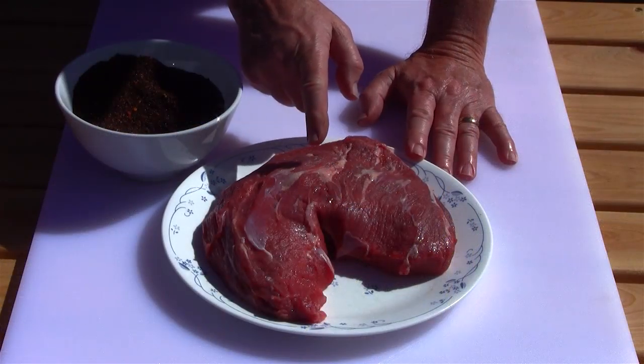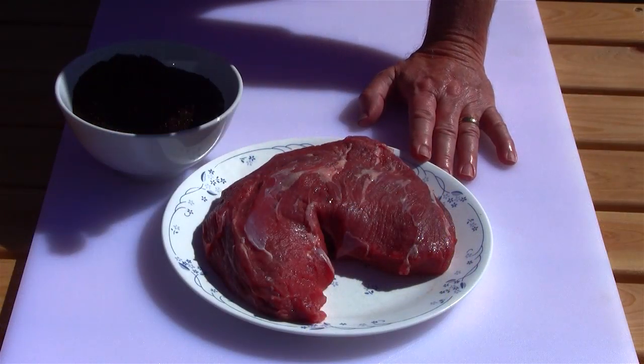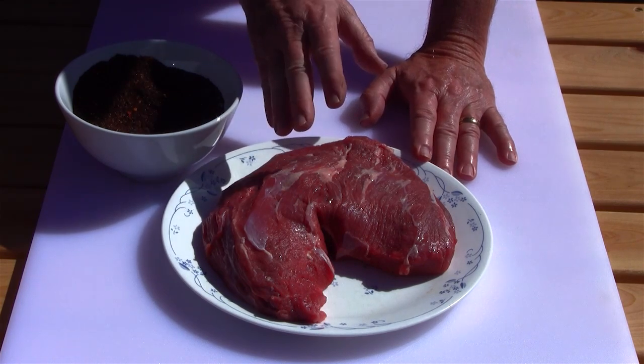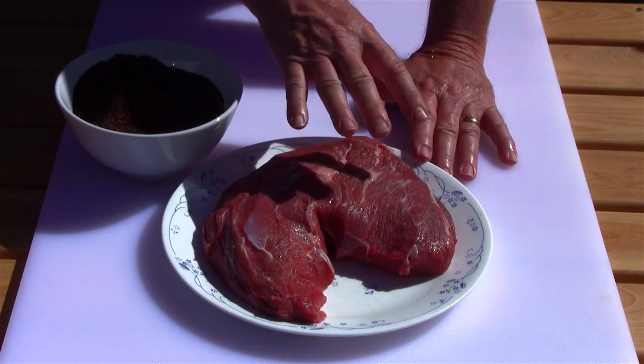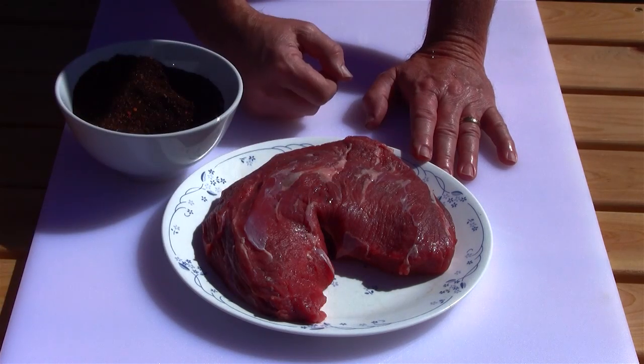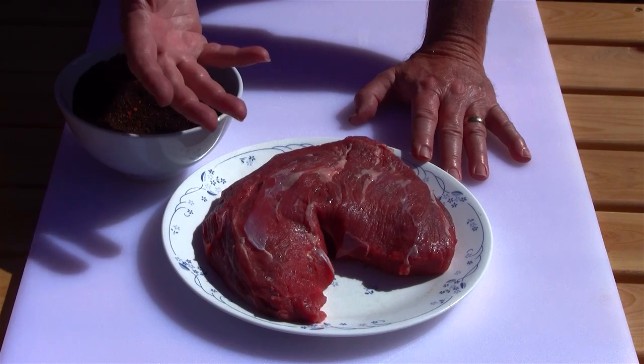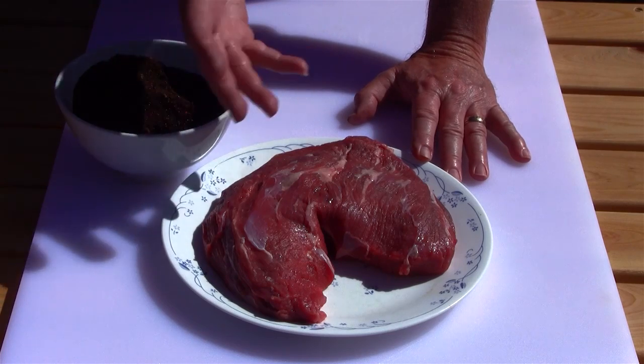Now here we have about a 2 1/4 pound trimmed tri-tip. Pay a little bit more if you buy it trimmed, or you can easily trim it yourself. Typically it'll have a fat cap on there, and you just take all the extra fat off with your knife. You don't need a lot of fat cap on the tri-tip, and in fact I rarely ever have any fat